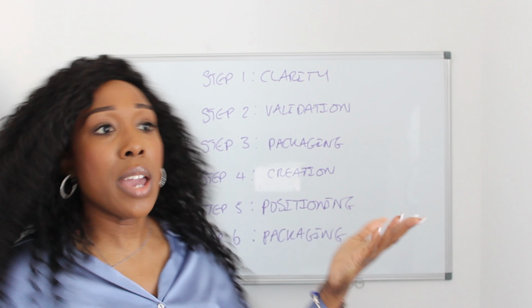Number 1, how does your customer prefer to consume content? How quickly can you create it? And the last one is, how does it naturally fit the transformation you're promising? So I'm going to give you some examples that you can use. Number 1, a journal, a planner. This is an example of a packaging. But journals and planners are best for daily practice, reflection, habits, prayers, goal setting.